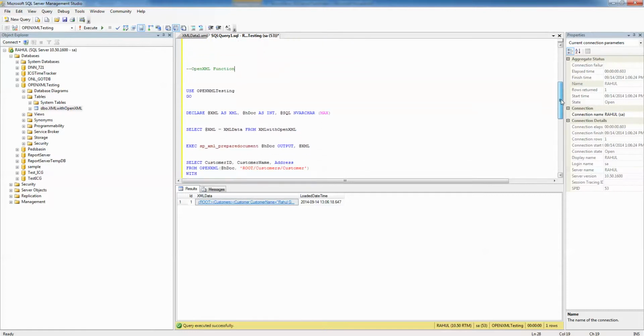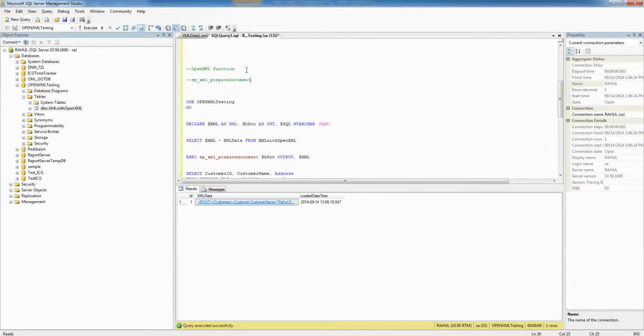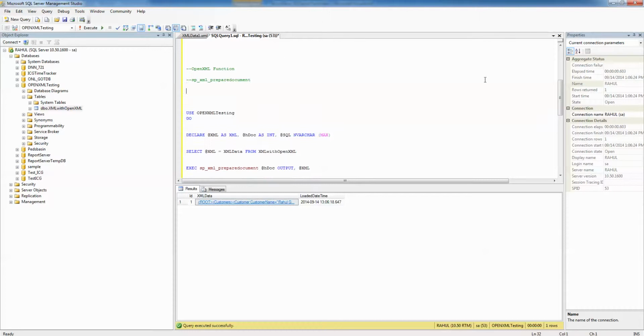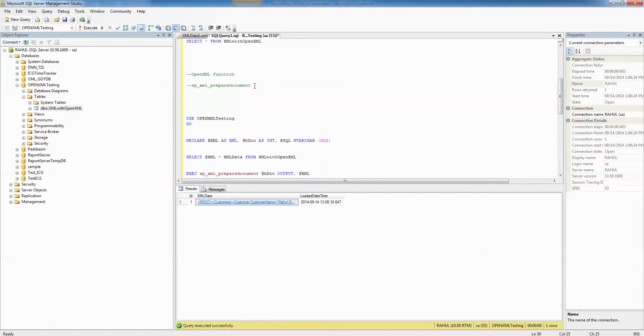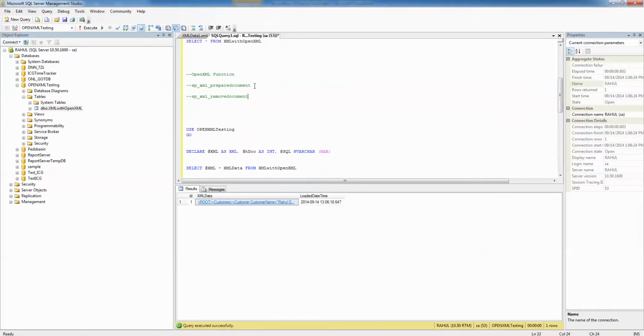Now we can use two different methods available here. One is the stored procedures basically. One is named sp_xml_preparedocument and another one is sp_xml_removedocument. Let me tell you what these two system stored procedures do. sp_xml_preparedocument is a SQL Server defined internal stored procedure which will take your XML file as an input and it will give the XML document as an output which can handle the XML files.